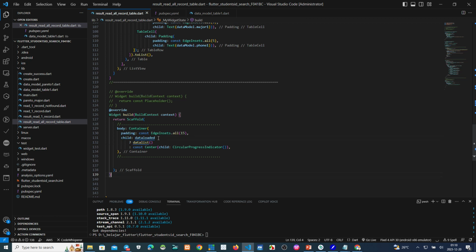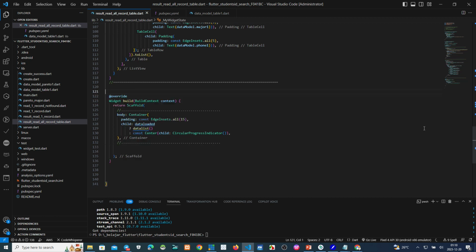If data is loaded, the data will show, and if not loaded, we make a circular progress indicator. This one we can delete.